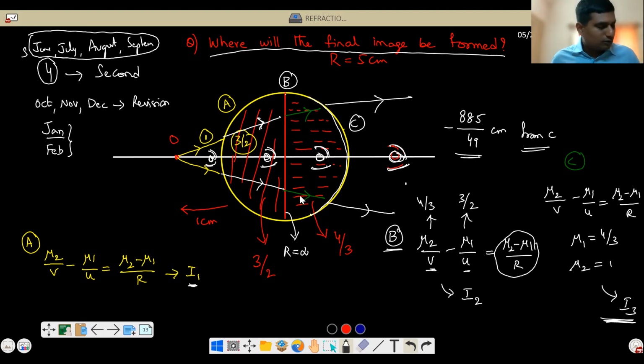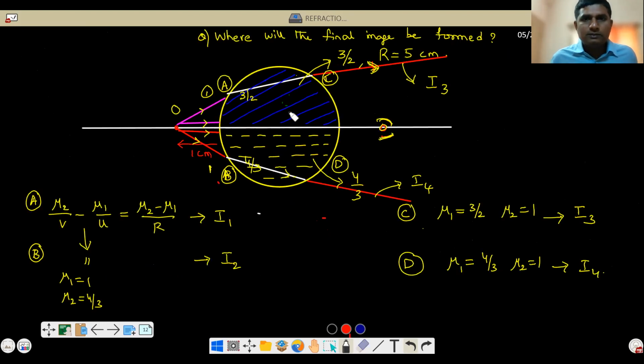Okay. So please do these two as homework. The previous one was the top sphere was glass and the bottom sphere is 4/3. So please do. Next tomorrow we will continue. One or two problems we'll see on this and then we'll go to refraction at plane surface.